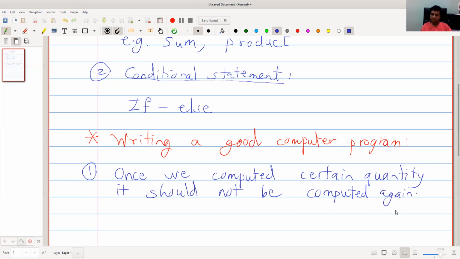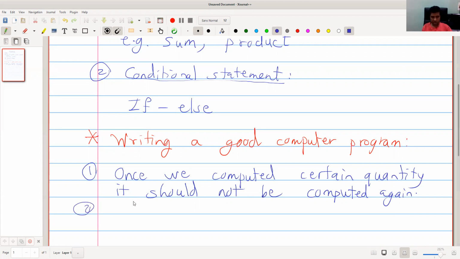That means we should completely utilize what we have. So this is efficiency. This will increase efficiency of the program.